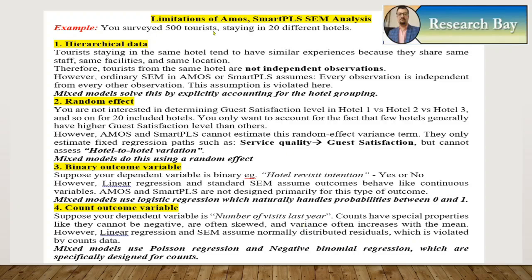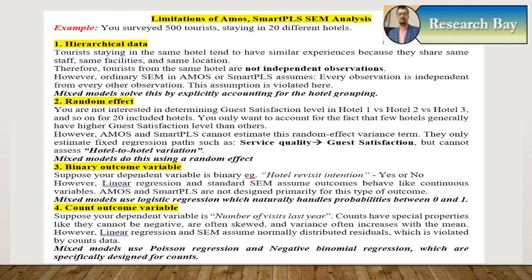Now, what are the limitations of AMOS or Smart PLS structural equation modeling analysis? Why can't we do these modeling in IBM SPSS AMOS or Smart PLS? There are four big reasons for that. First is that ordinary structural equation modeling in AMOS or Smart PLS assumes that every observation is independent from every other observation. This assumption is violated here,